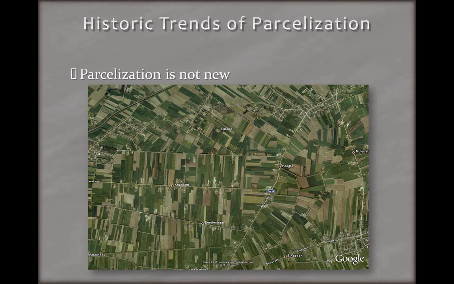Part of that's due to the government's duty of enforcing private property rights. In order to resolve disputes, states need a clear method of determining where one person's land ends and another's begins. And so over time, the states have become more demanding of how surveys and records are maintained, hopefully to mitigate some of those issues.